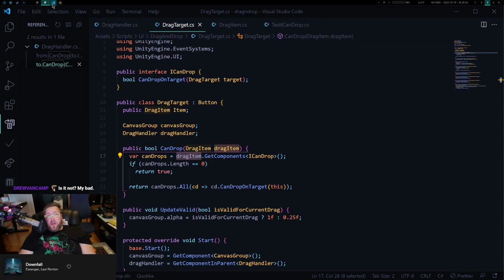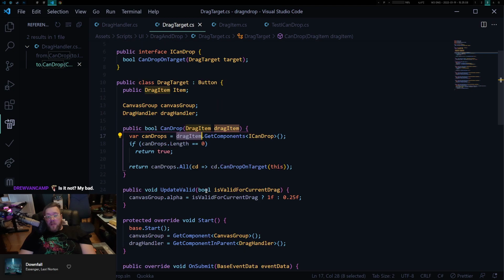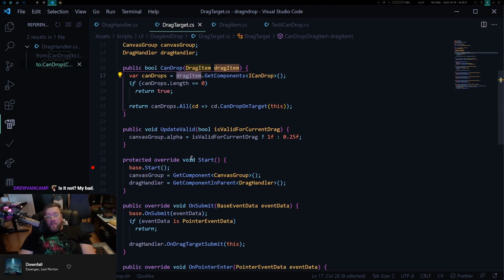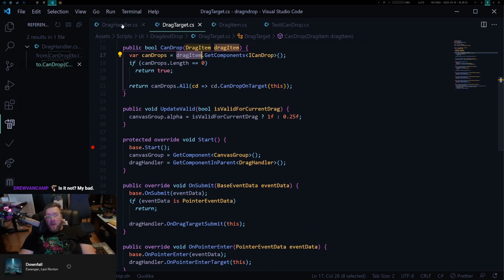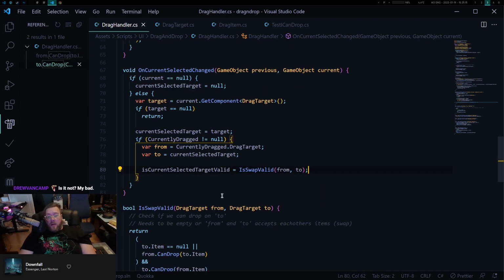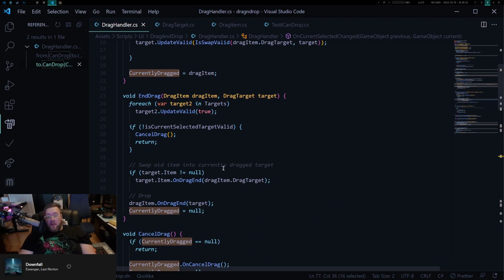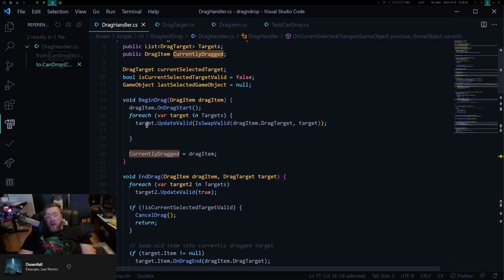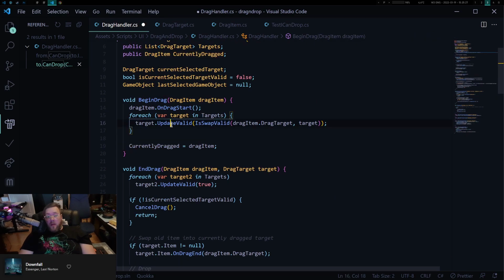Oh wait, it's gotta be always from. I gotta reverse these. When from and to, from is, that's correct. But when I begin drag, we say drag item dragged. Well, that's true, that's correct. Unless it is the one, so if